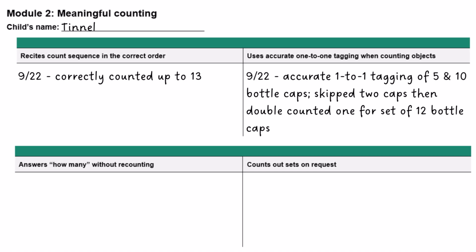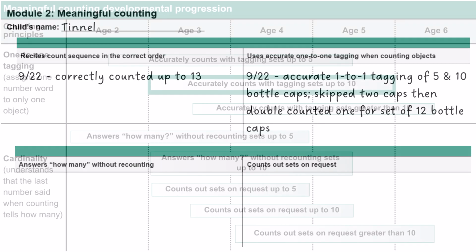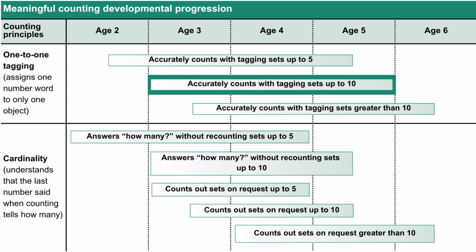Tanel can accurately use one-to-one tagging for sets up to 10. However, he had difficulty keeping track of his count when presented with 12 bottle caps. The first time he counted, he skipped 2 bottle caps and counted only 10. The second time, he counted 1 bottle cap twice and ended with a count of 13. Tanel's one-to-one counting skills fall within the second band of the developmental progression, which is in the range of other